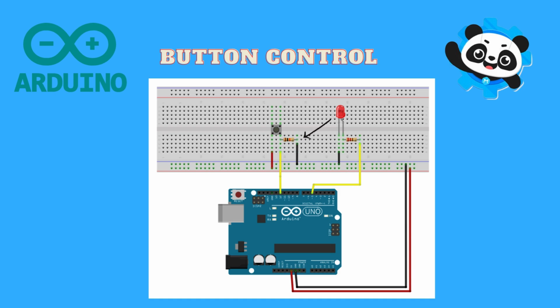Note, the resistor prevents the input pin from receiving direct 5 volts, which can cause the input to work unstably, hence a load is attached for more stable operation. This is an issue related to electronics, and for more information, it is recommended to research pull-up and pull-down. Just as we learned in the previous project, we connect the LED with the help of a resistor to the 5th pin of the Arduino.